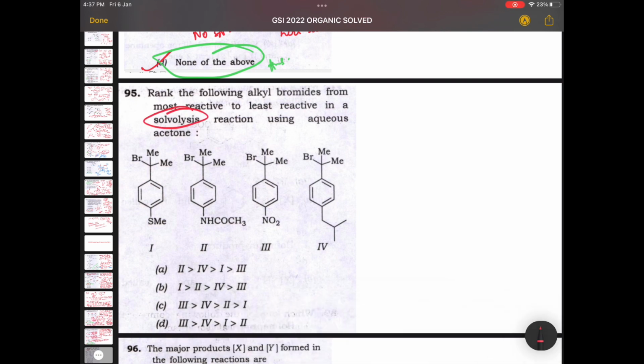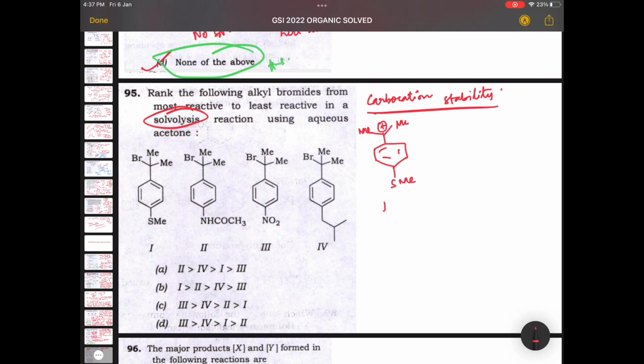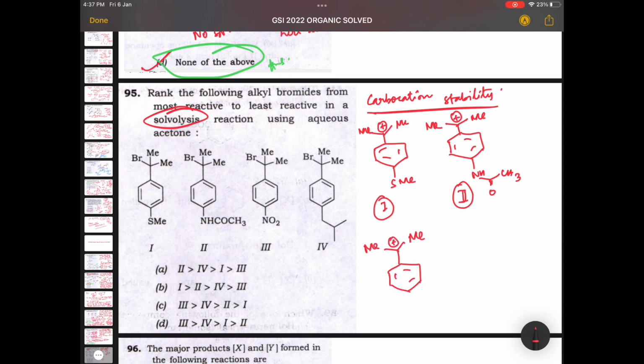Here we have been asked to rank the alkyl bromides from most reactive to least reactive in a solvolysis reaction using aqueous acetone. So aqueous acetone means it is actually a protic solvent, and solvolysis reaction is happening. So the carbocation stability is once again very much important. So let us first draw the carbocation by omitting the bromine group. Let us think that the bromide has actually left as Br minus, and carbocation plus charge has formed in between